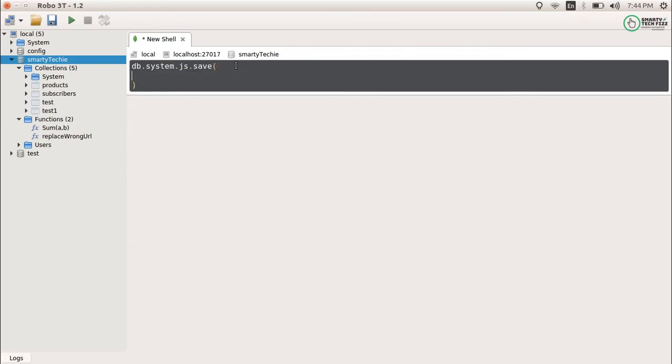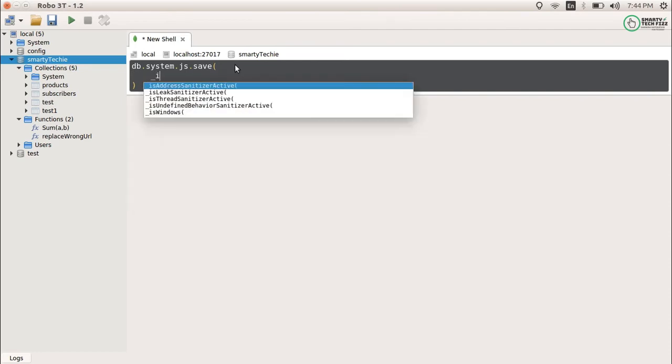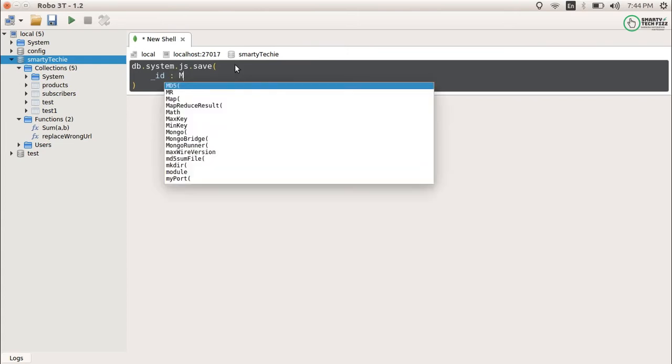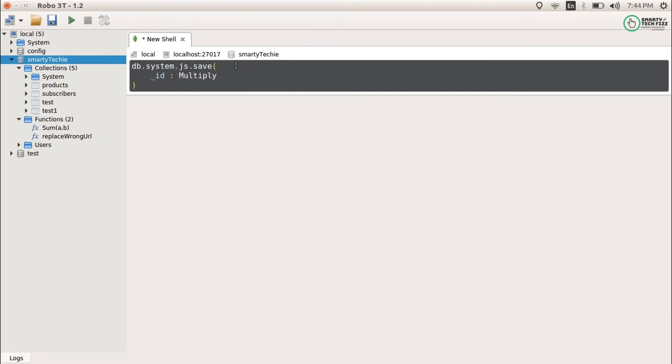Go in it, and then what you need to do is provide the _id, which will be the name of the function you want to create. We have already created sum, so let's say multiply. This is the function name.